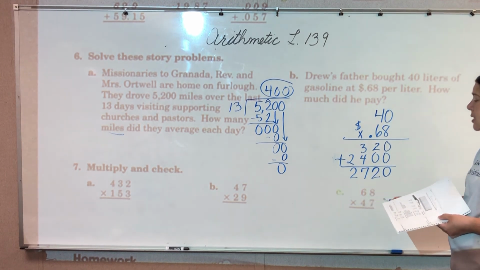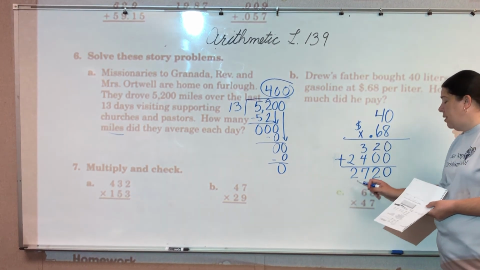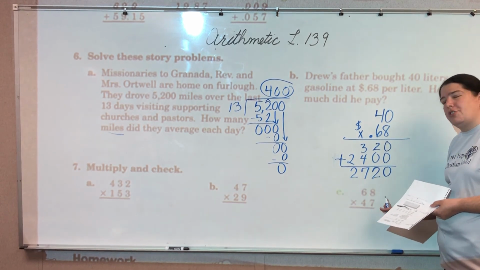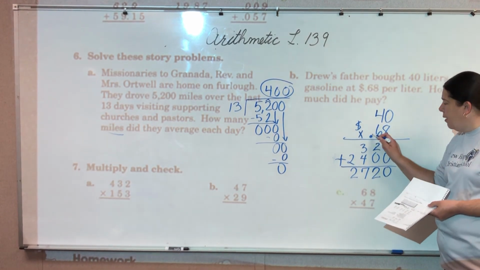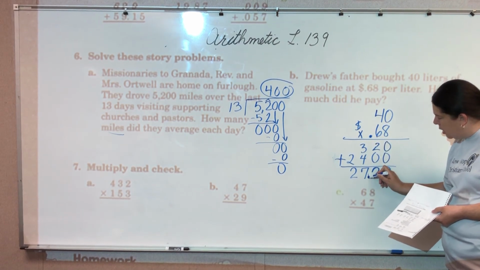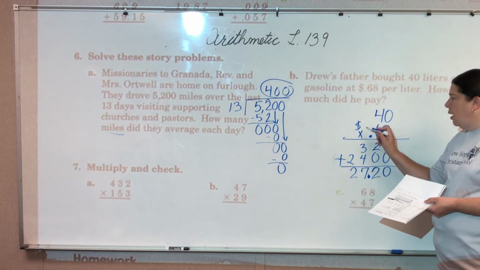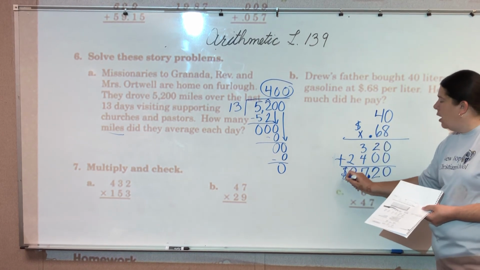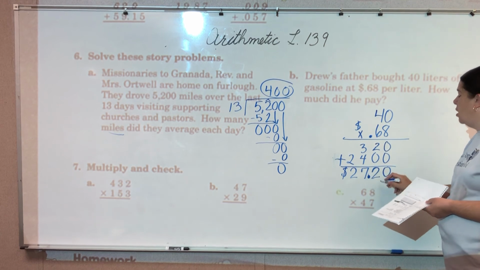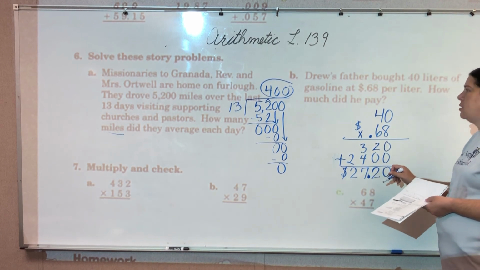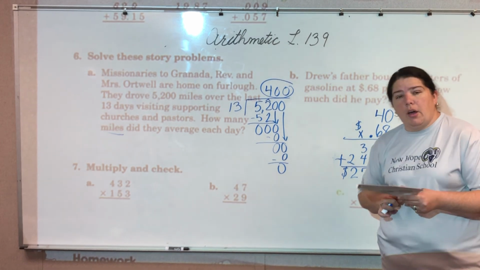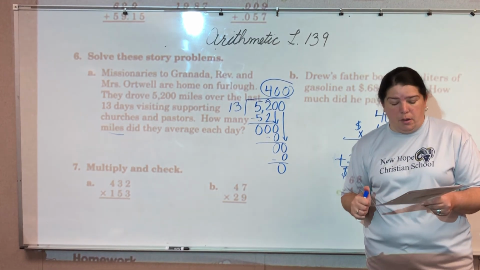Now, you can't say that 2,720. You can't do that. You have to bring this decimal directly down in the place that it goes. And you have to bring the dollar sign here. And your new answer is $27.20. Go ahead and finish the homework on this page